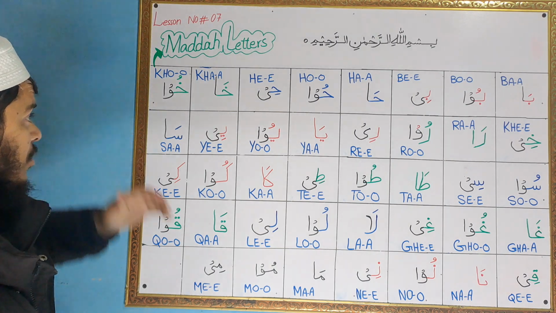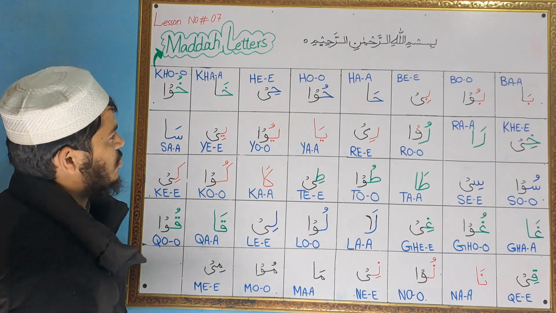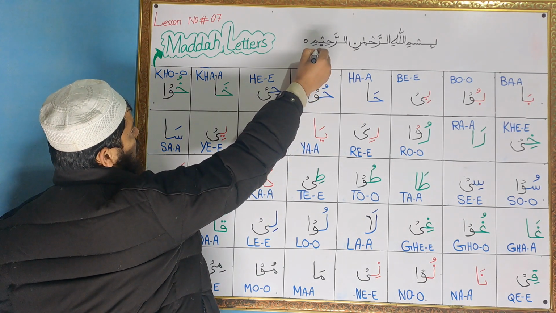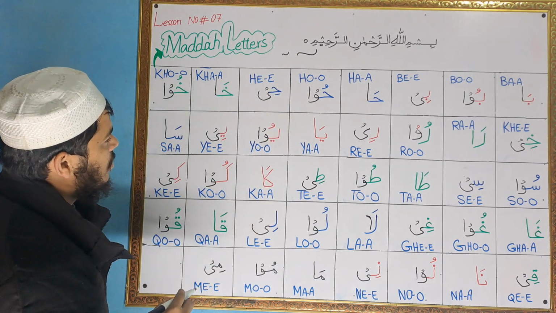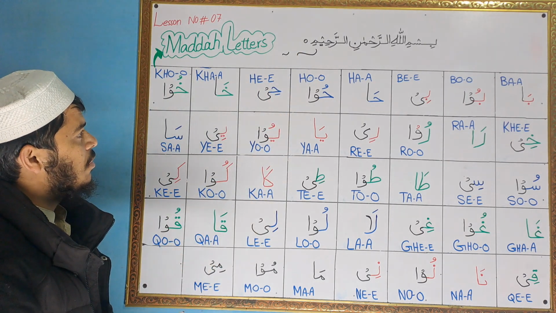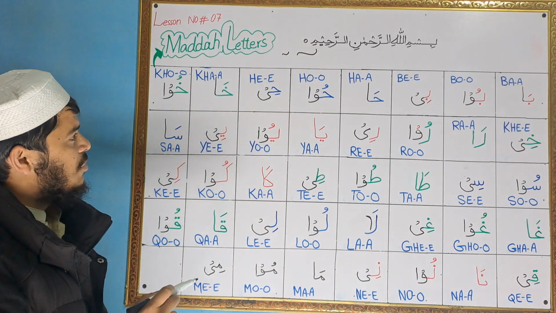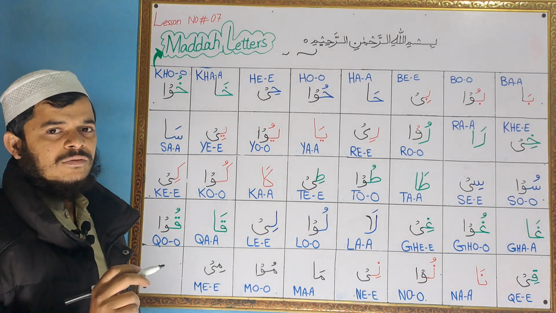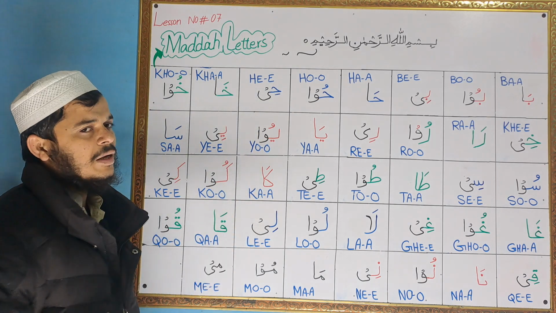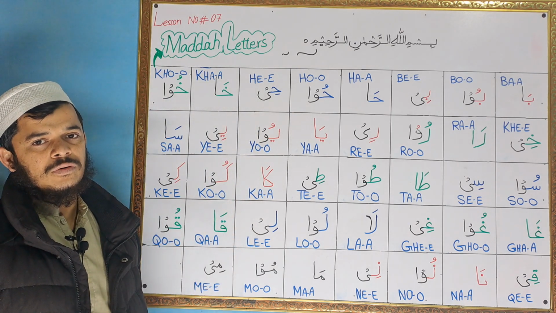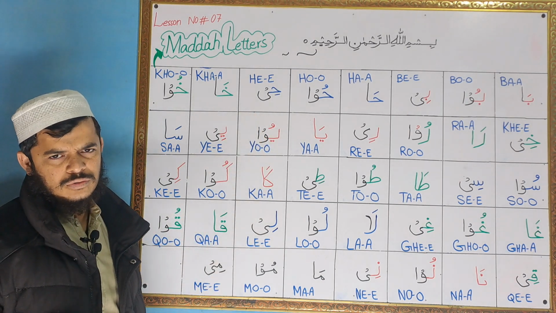So we will learn in our next exercise that we will use a sign like this, or a smaller sign like this, that looks like a wave. We will call this sign mad. The letter that comes with the bigger mad sign, we will stretch for 5 counts, and for the smaller one for 2 counts. Okay,